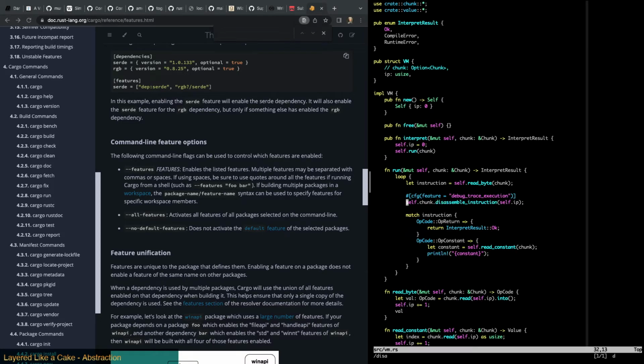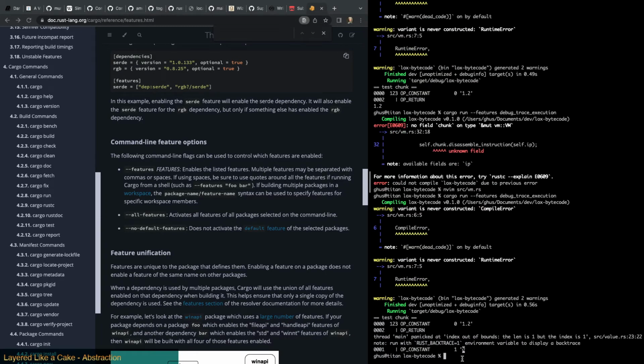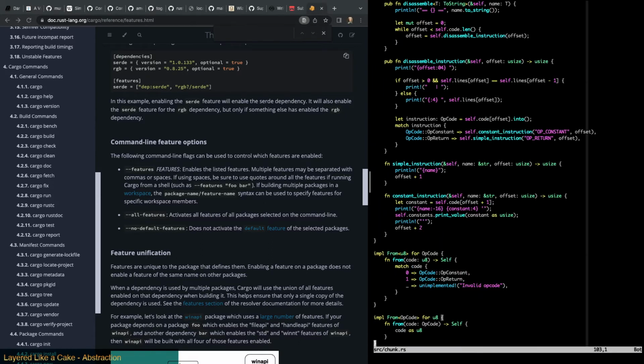Disassemble. It's not self. It's just on its own. Ooh. Len is 1, but the index is 1. So that didn't work. We tried to get the wrong constant. Interesting. If I pass in offset of 0,